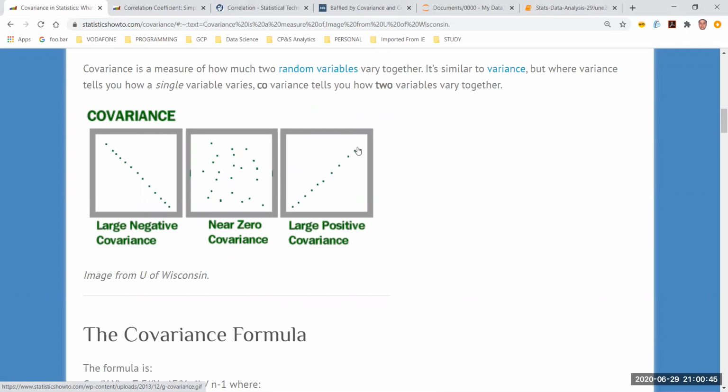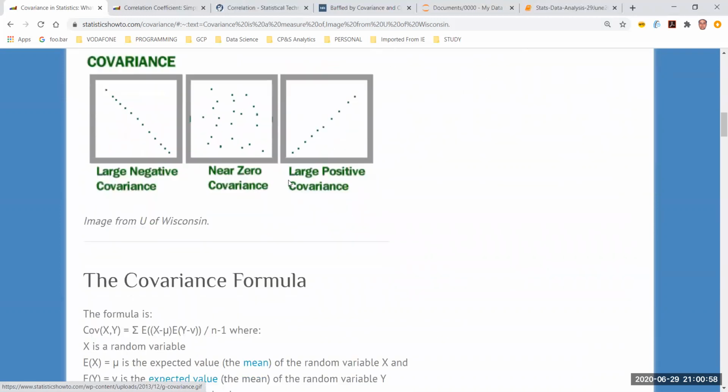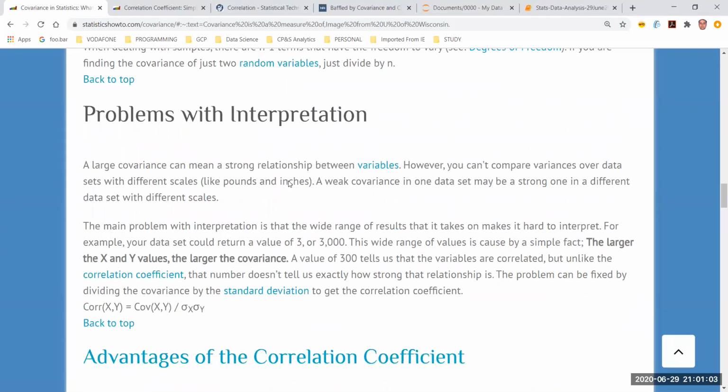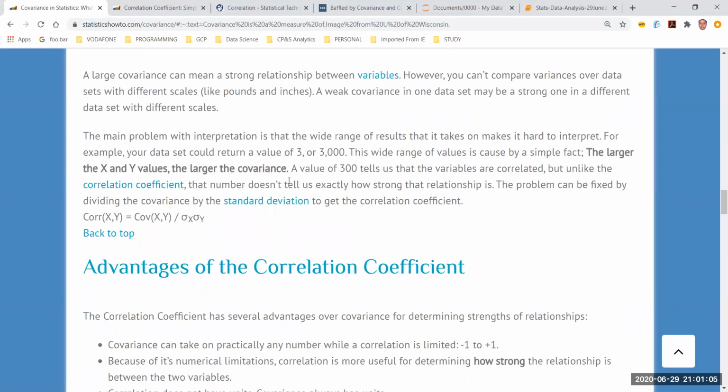Is that going to be a steep line like this? You see, this is a 45-degree line. It means it is an exact growth, right? 100% increase in X results in 100% increase in Y. 200% increase in X results in 200% increase in Y. So that is the strength. I would like to know what is the strength. And that strength can only be found if I nullify the effect of scale of the variables.